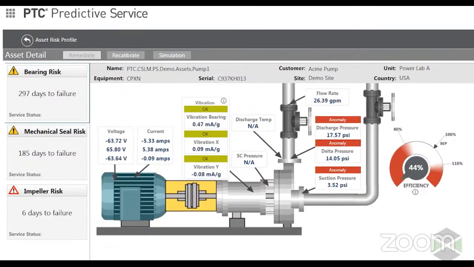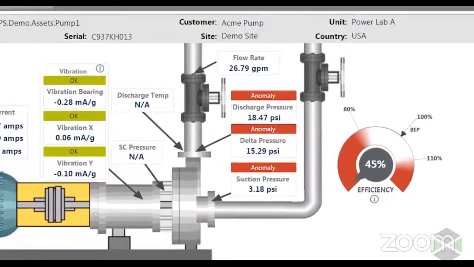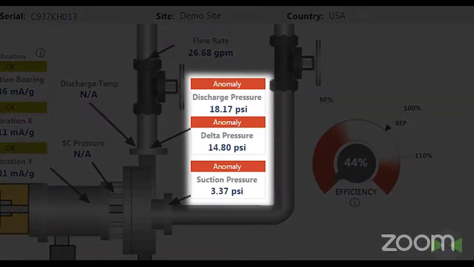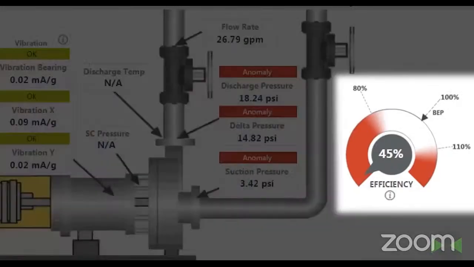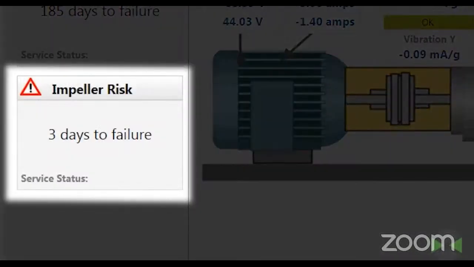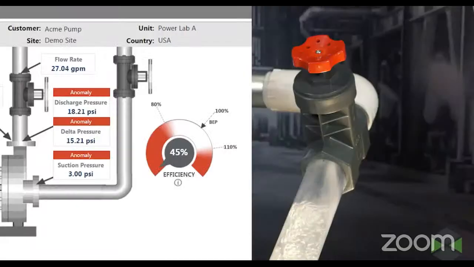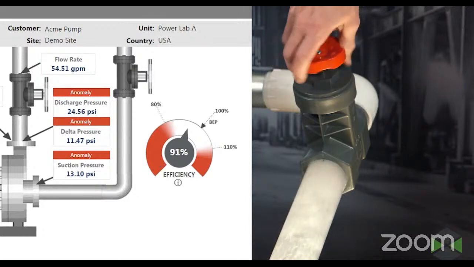What's happening is that ThingWatcher is automatically detecting the flow problem and sending real-time notifications or alerts. Critical sensor readings are being flagged, pump efficiency is dropping, and the impeller is at risk of failing if the problem is not immediately addressed.